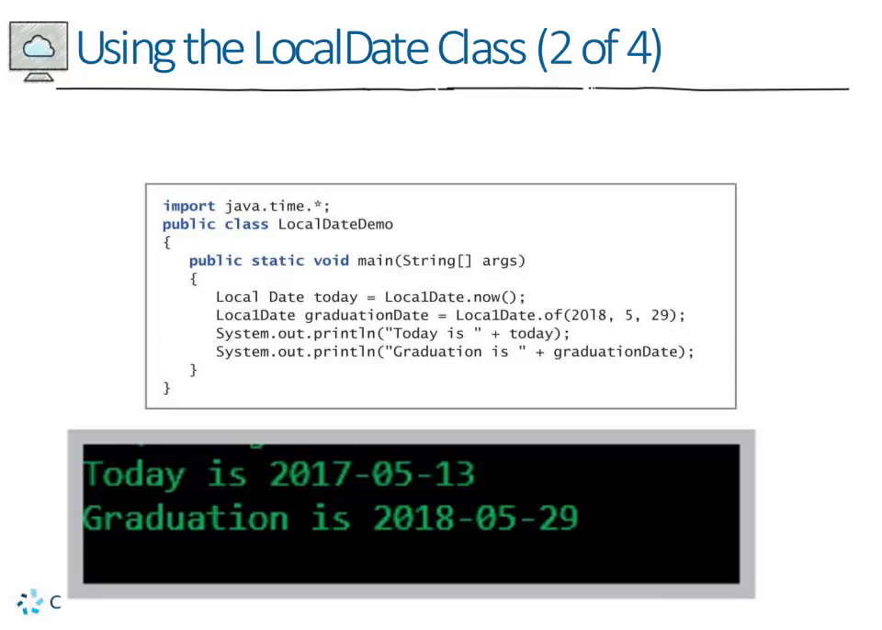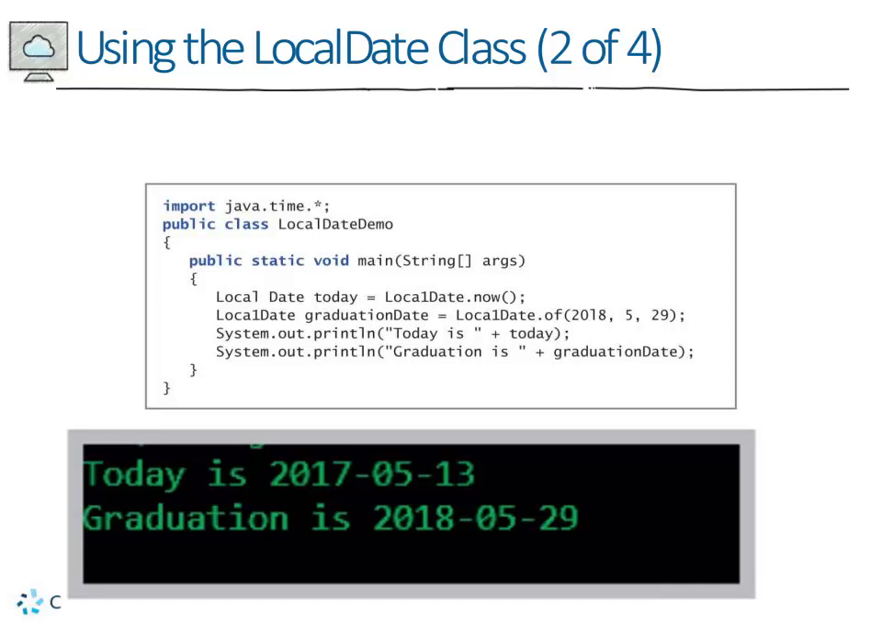Java LocalDate class is an immutable class, you cannot change it, that represents a date with the default format of YYYY-MM-DD. In this example, we can create two LocalDate objects with the current date and May 29th, 2020 using the following statements. LocalDate today = LocalDate.now(); LocalDate graduationDay = LocalDate.of(2020, 5, 29);